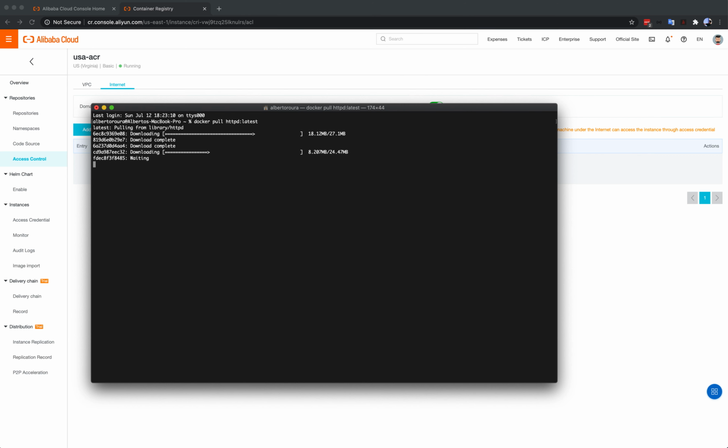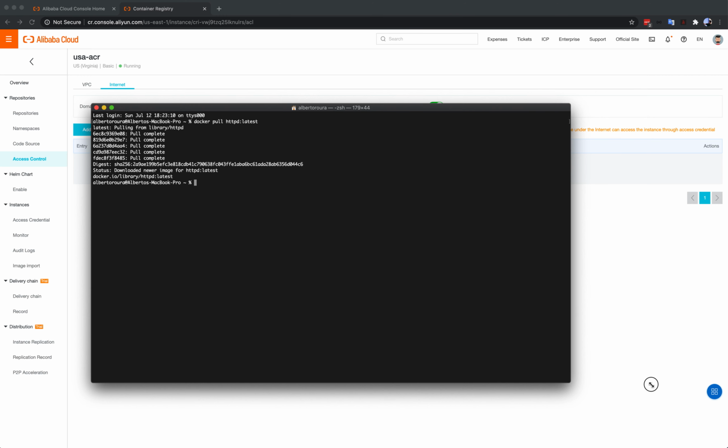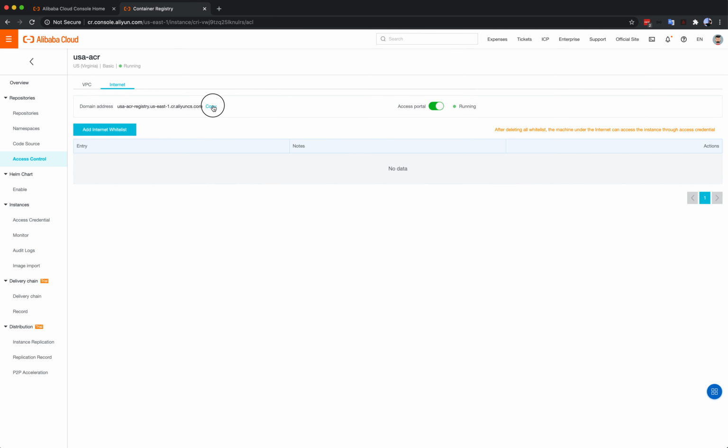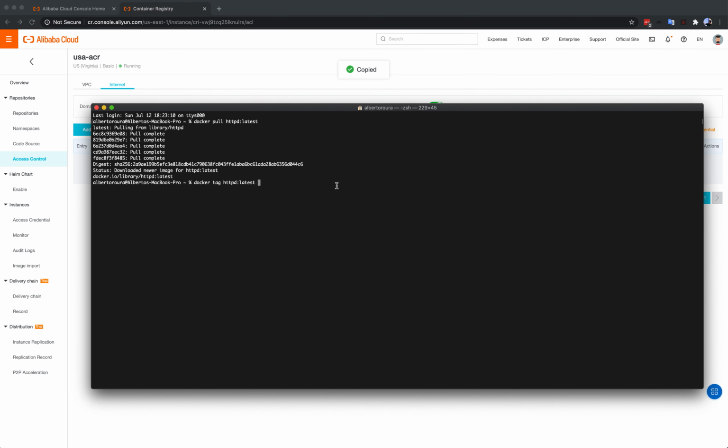As you can see, I never downloaded this image to my local computer. Good. So now the important thing here is docker tag http the latest, and then we copy this one, my namespace,